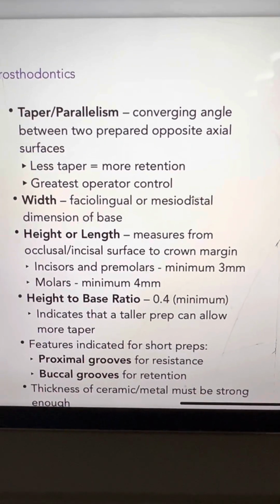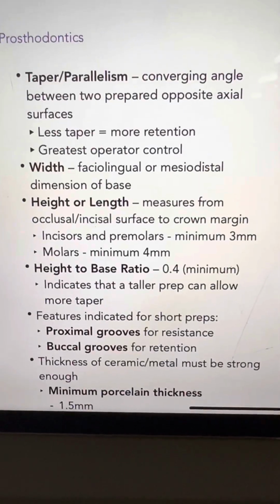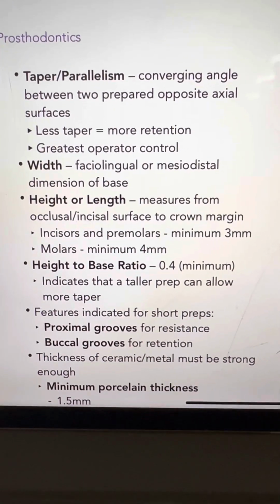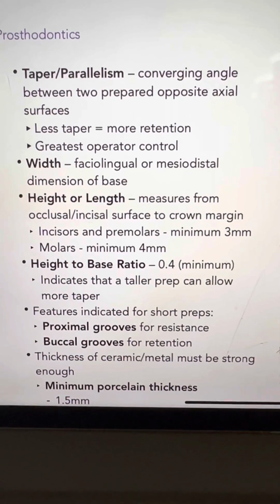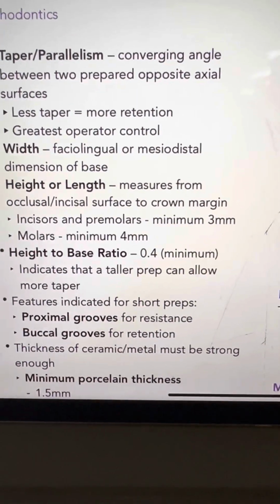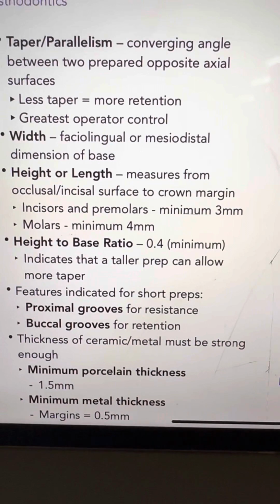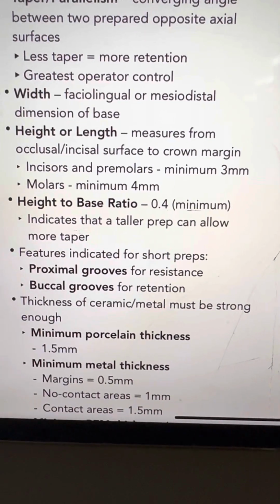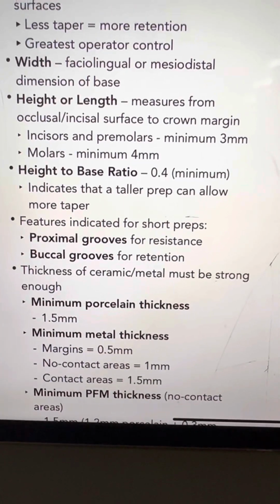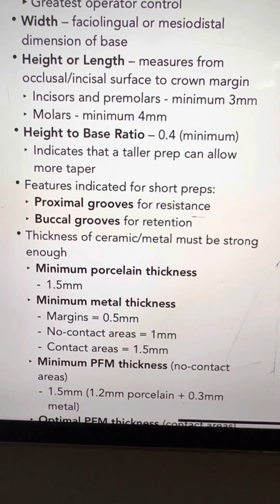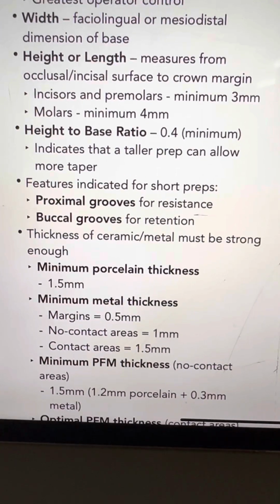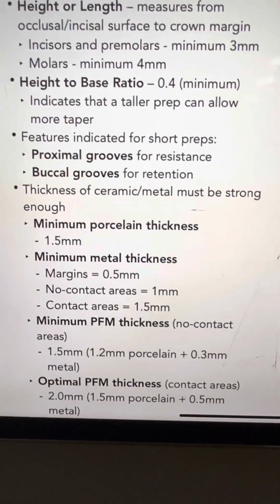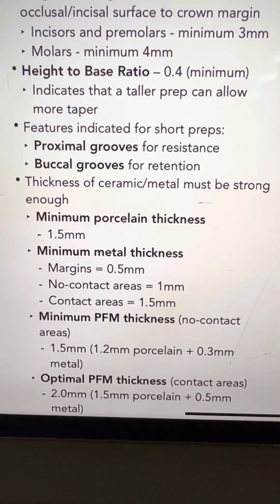Facial-lingual or mesial-distal dimension of base. Height or length is measured from occlusal or incisal surface to crown margin. Incisor to premolar minimum 3 mm, molars minimum 4 mm. Height to base ratio 0.5 minimum, which indicates that the taller the prep, the more taper it can allow. Features indicated for short preps: proximal grooves for resistance, buccal grooves for retention. Thickness of ceramic or metal must be strong enough, minimum porcelain thickness 1.5 mm,